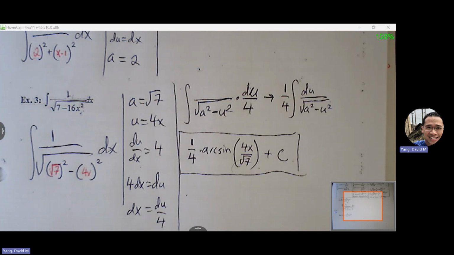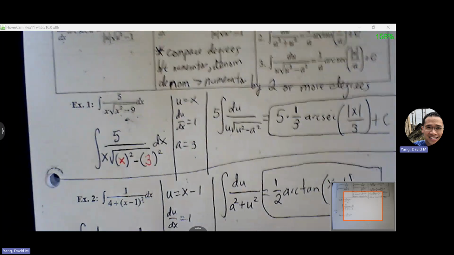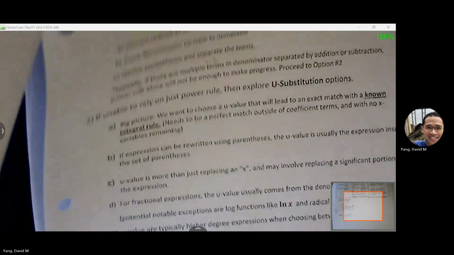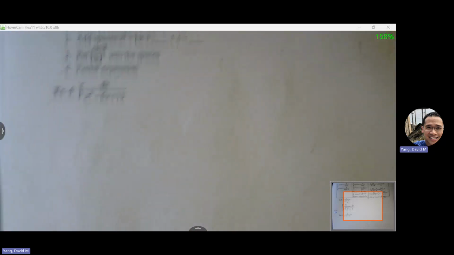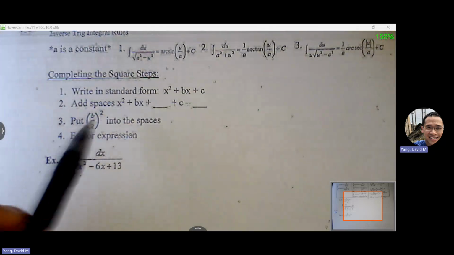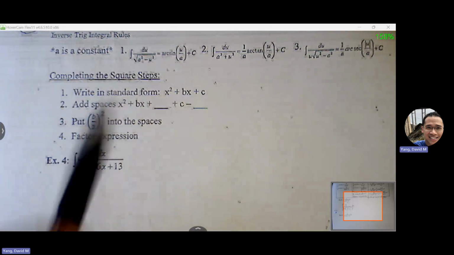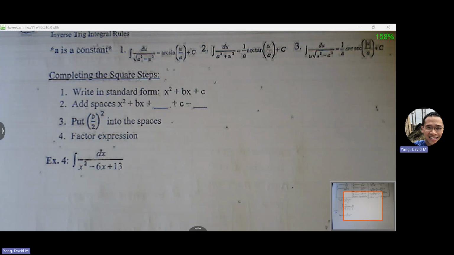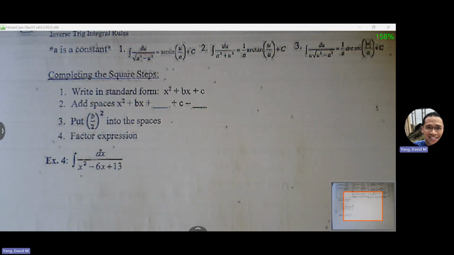But this next page here, we have a trinomial. And a trinomial is not quite ready for us to jump into pulling the a and u value. So the way that we get ourselves ready is we go through an algebraic process called completing the square. So completing the square allows us to get our variable expression and our constant expression kind of separated or into a nicer